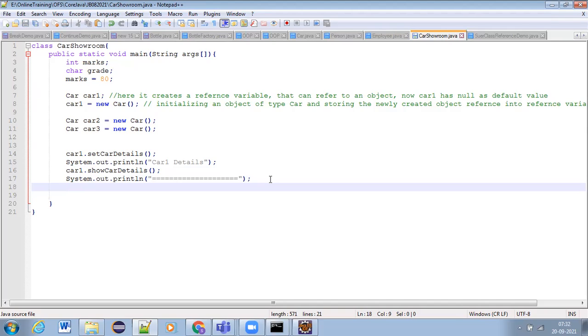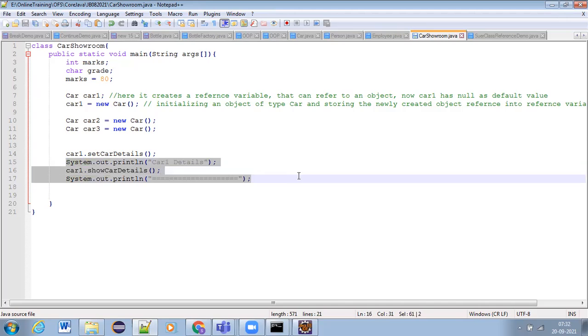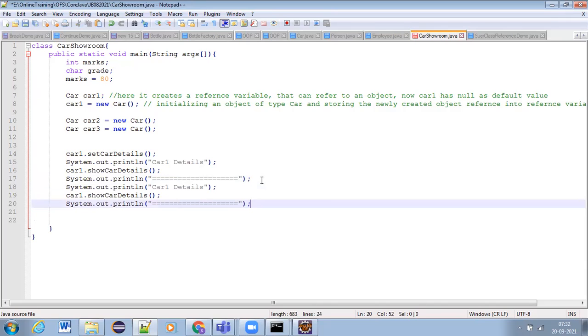Now let us print car2 details. To print car2 details, what we should do? To print car2 details, what we should do, guys? Same thing, right?